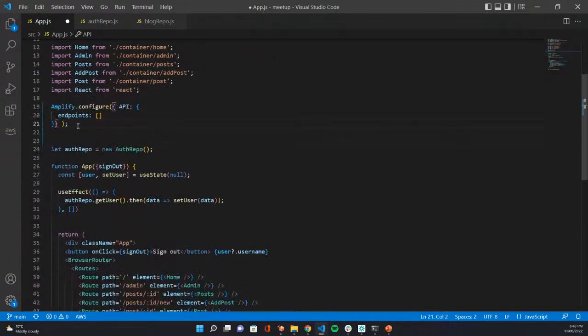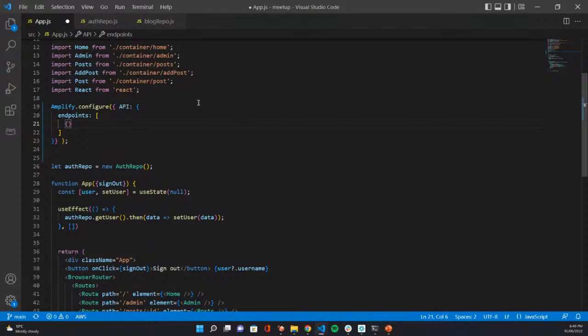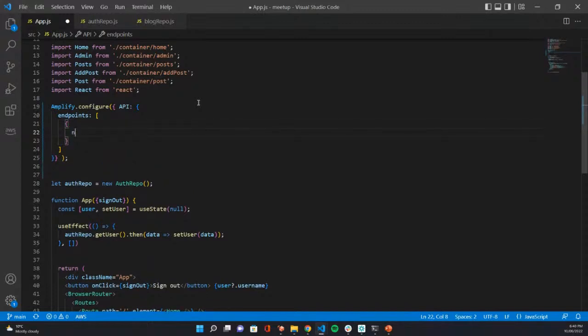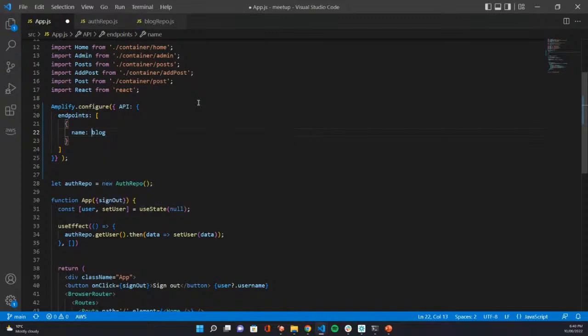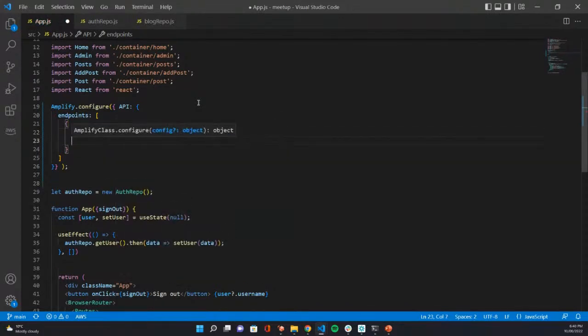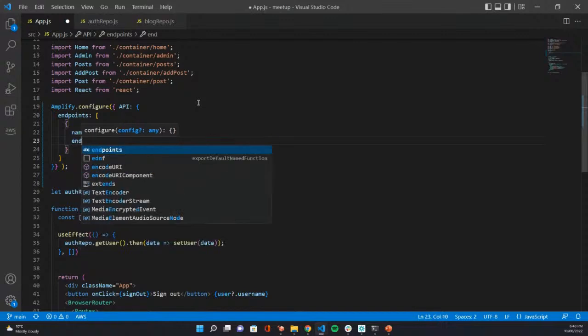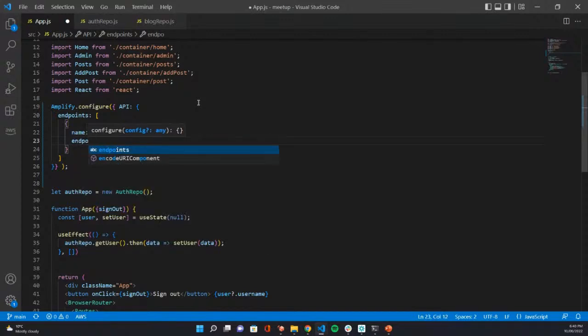So here we go. You've got an Amplify configure. I want to say, add API. I know the name of it, right? The name of the first one that I'm going to add is we're creating blog. So the name of the API is blog, and this is what we use to query it in our code. So blog, I just add the endpoint, not endpoints, and this would be my